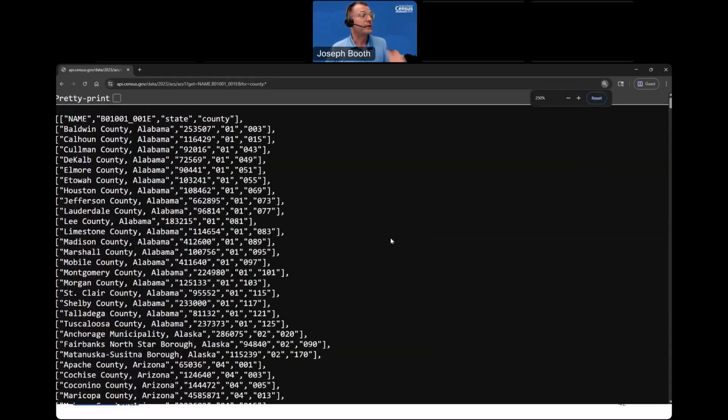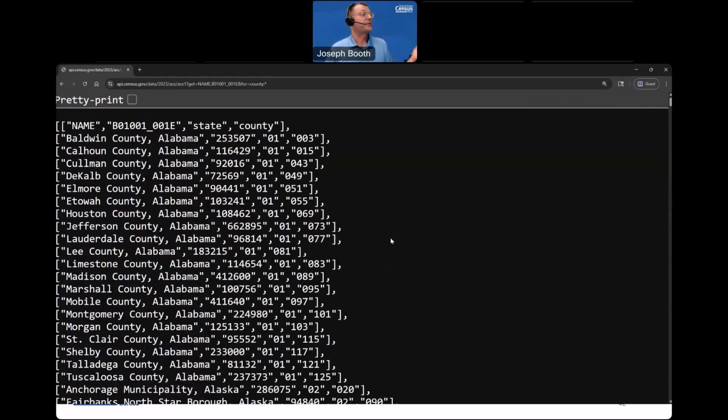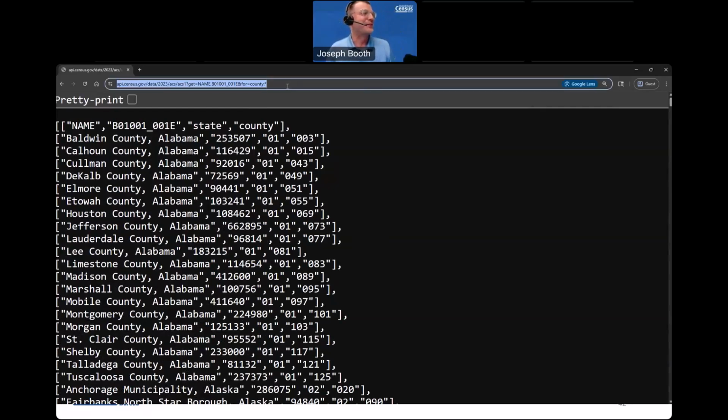And you see we get this list of every single county that is in the data set for this variable, B01001_001E, which is one of my favorite variables. So I'm going to do something real quick to modify this. This is very helpful, not only for any humans that might want to know what that variable name is, but also programmatically, if you want to add it into your call to get this response, so you don't have to make an additional call out to the variable section just to pull a label.